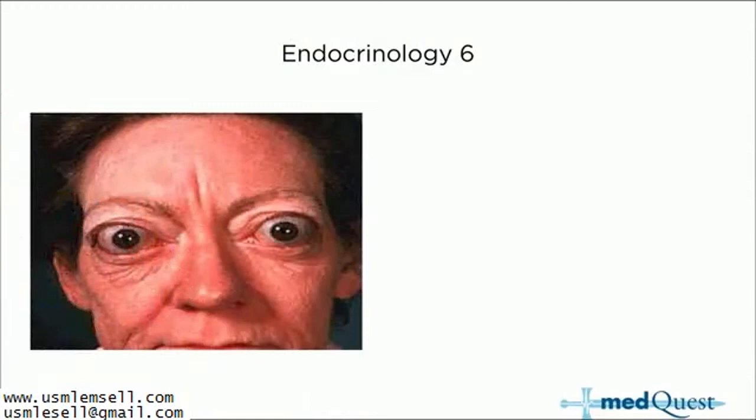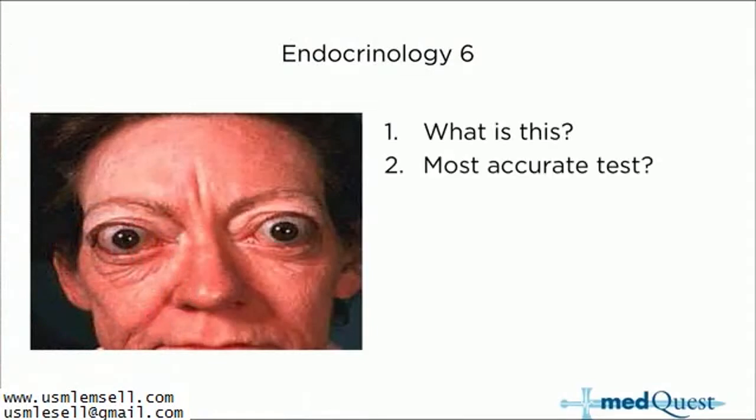Who's this big-eyed lady? So what is this? It's the eyes. What's the most accurate test? High T4 and a low TSH. The therapy for this bug-eyed lady: you can radiate the eyes, steroids, radiation, steroids. And the reason why that is an ophthalmologic emergency is that if you don't do the right...